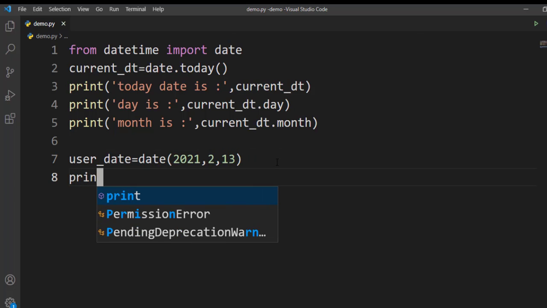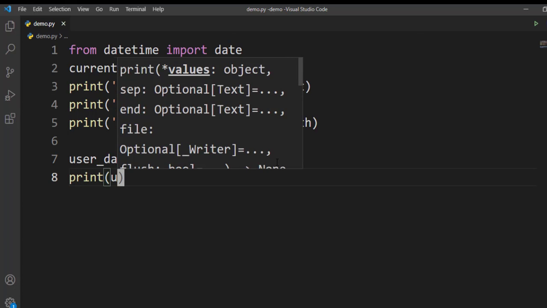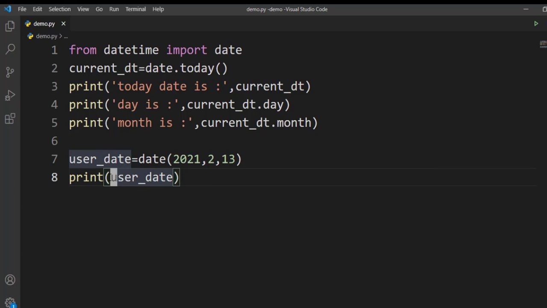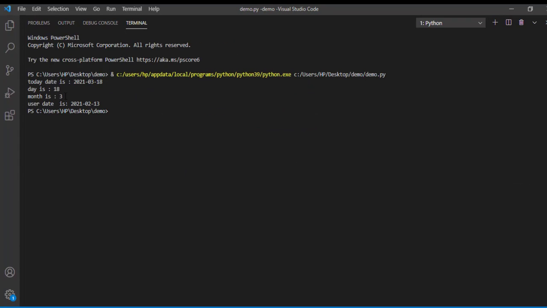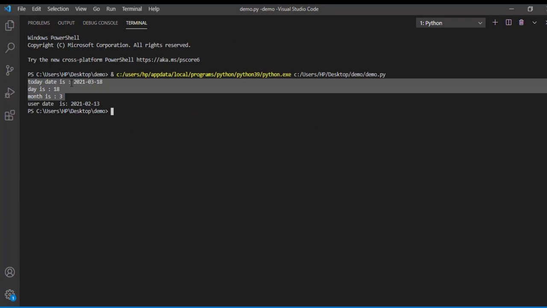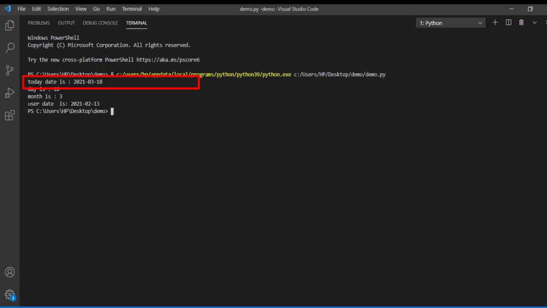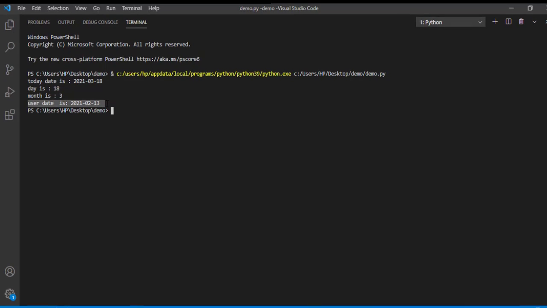Now I'll print this user date. Let's give a string here, user date is. Now let's run this. Here you can see today's date is this one, the actual current date. Now I am giving user values and changing the date, so my date is getting changed. This is how, using the date constructor, you can change or manipulate the dates.